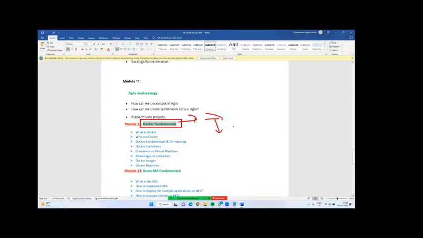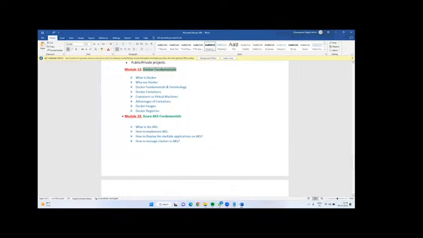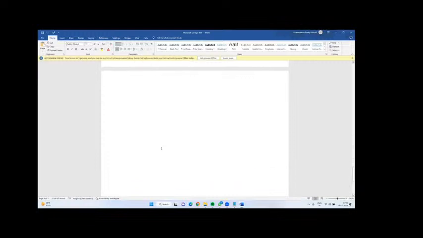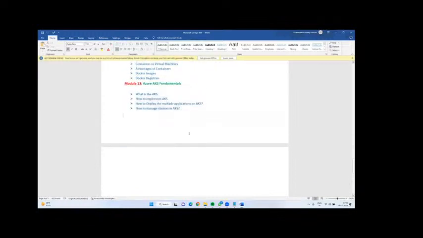How can you install Docker on a Windows machine and on a Linux machine? On top of it, how to manage containers, we will see in module 12. Module 13, AKS, Azure Kubernetes Service. What is AKS and how can you configure it? How to host our application, we will see in module 13.